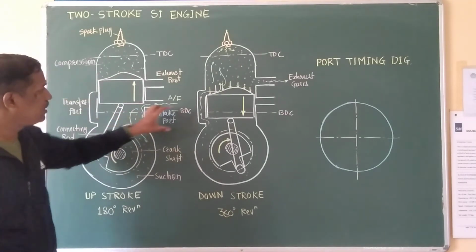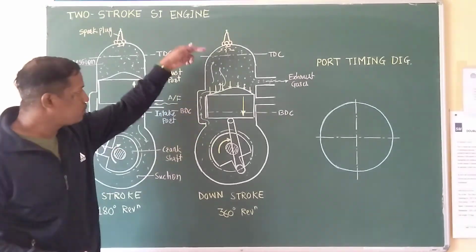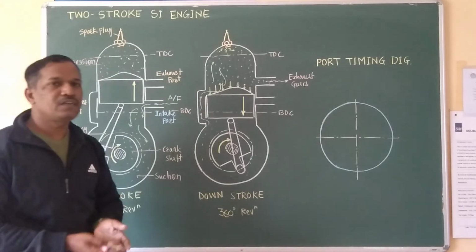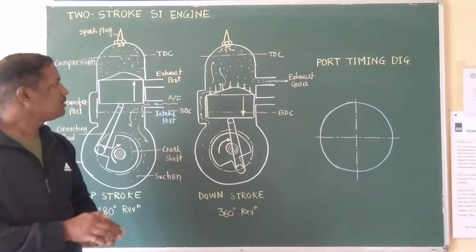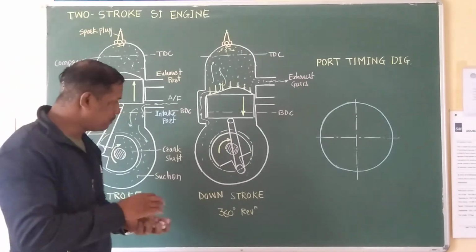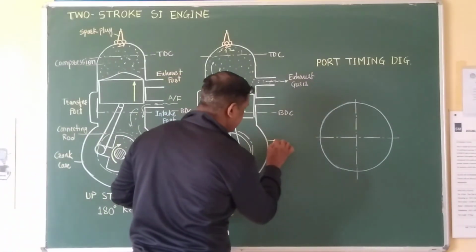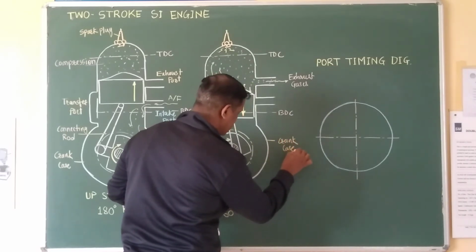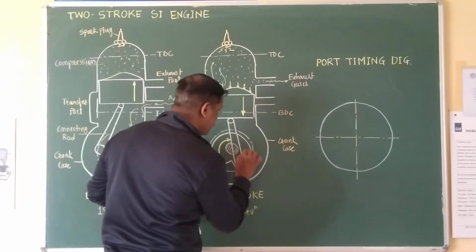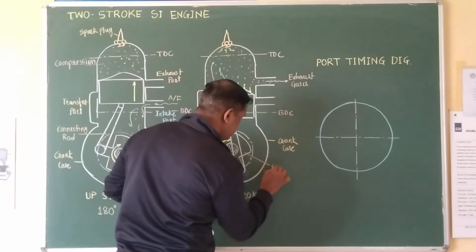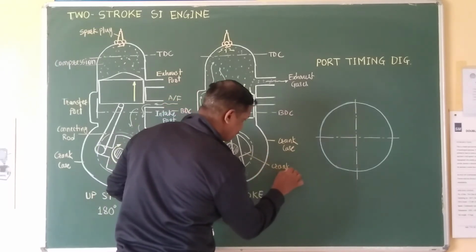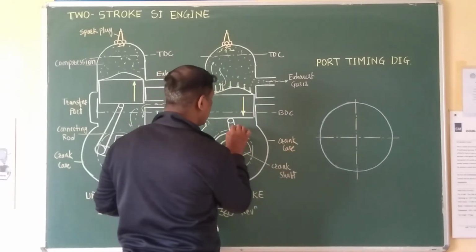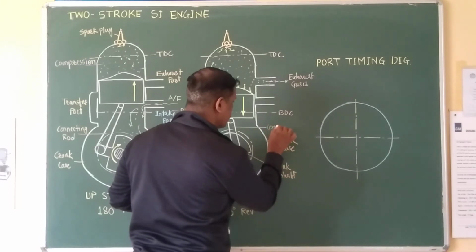Again the cycle repeats. But there is a drawback of this two-stroke. With the exhaust gases, some fresh charge also moves out and is wasted, because it is not used for power generation. It is exhausted into the atmosphere. So that is a drawback. But we can afford that, the amount is so small, so we can run the two-stroke engine. Now,